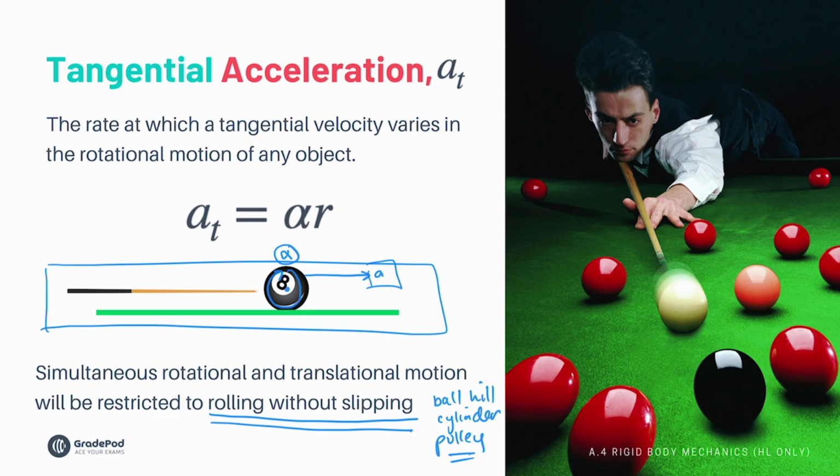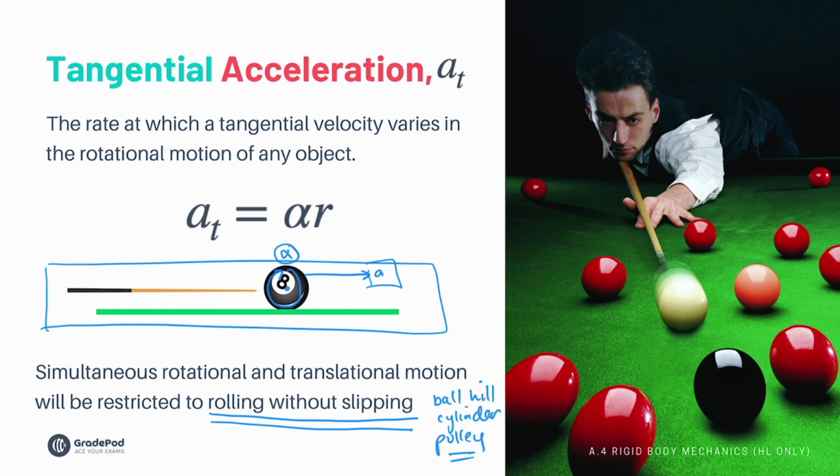And once that happens, the problems get a little bit more complicated. What can help with these difficult problems is knowing that this expression here joins tangential acceleration and angular acceleration. Now this is not in the data booklet. It's important that you know this formula because this is going to be a lifesaver for you when we get